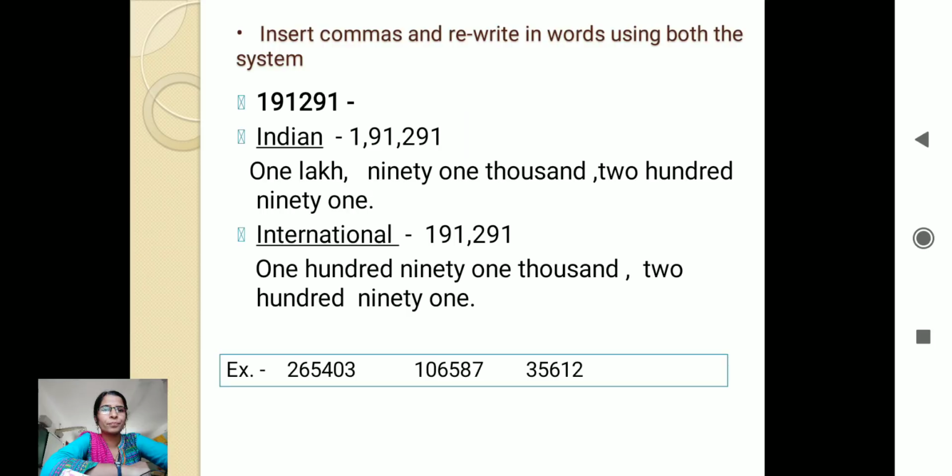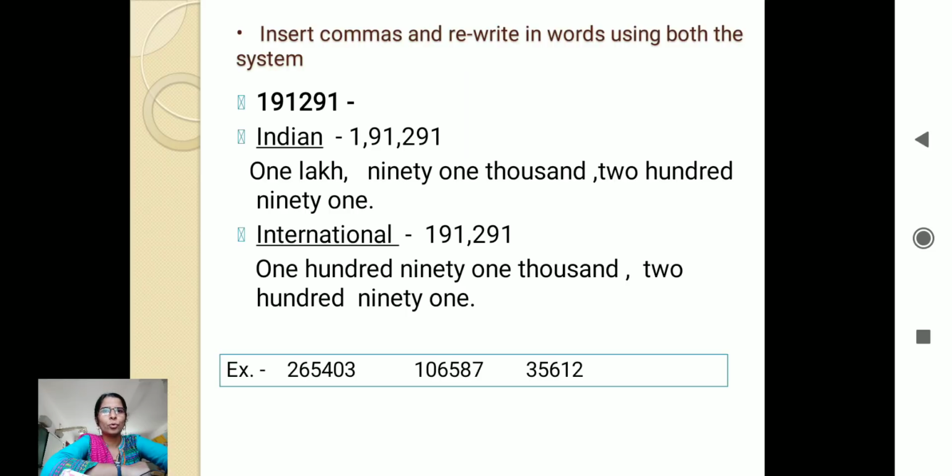Can you count the number? See how many digits are there? It is a 5-digit number. So, is a 5-digit number going to make any difference between Indian number system and international number system? No. We have seen that it will change only for the 6-digit number. Okay? So, this number as you read, it will be same. Even if you put commas 1, 2, 3, comma also, it will be 35,612. In international system also, you will read it as 35,612, because in 100,000 place there is no number. There is no 6-digit number.